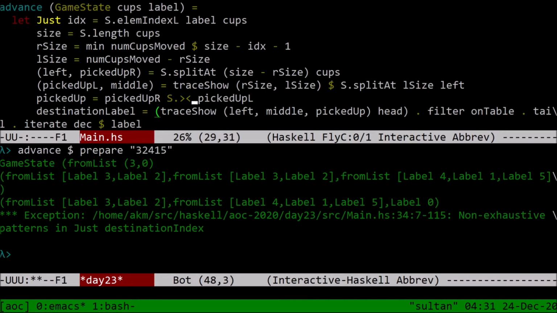What? I mean, that makes sense. If you're looking for label 0, you sure won't find it. Oh, yeah. That's true. I think. Wait. Well,